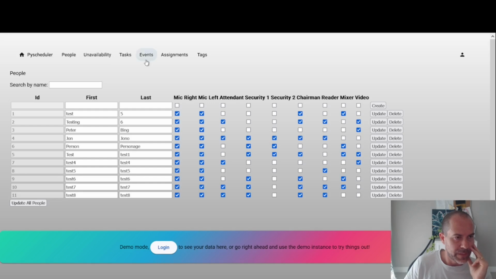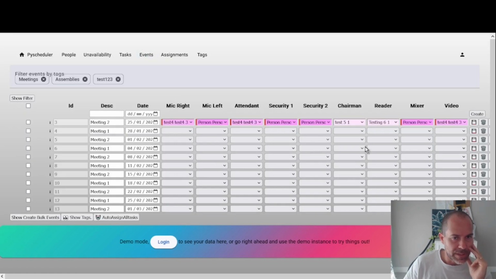Okay. So now when we go back here, if we go to choose who's on video, you'll see that only the people able to do that task will show up. So that straight away makes it easier. You're not going to assign someone that can't do that job. The other thing is that, as you can see, you've got your shading, so you know who's been overused or